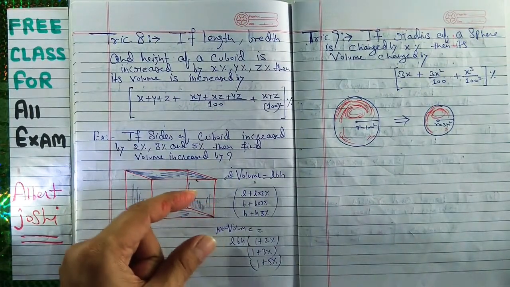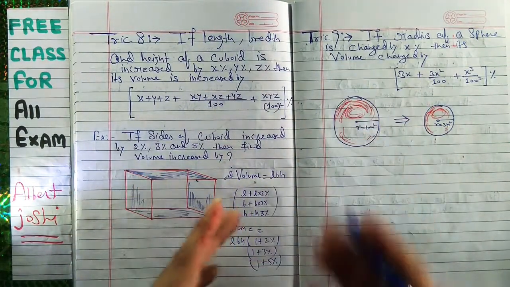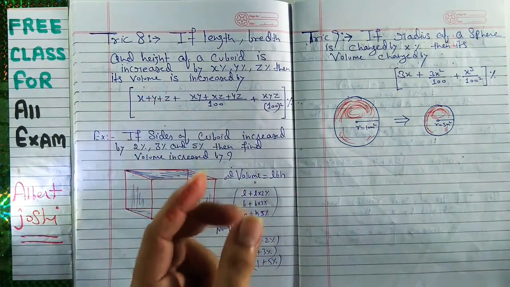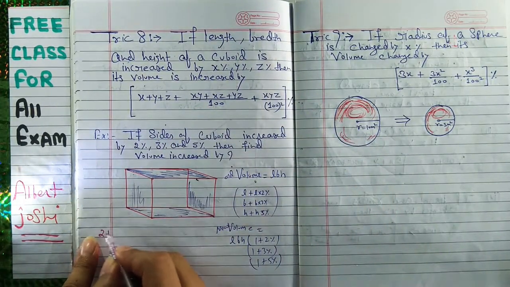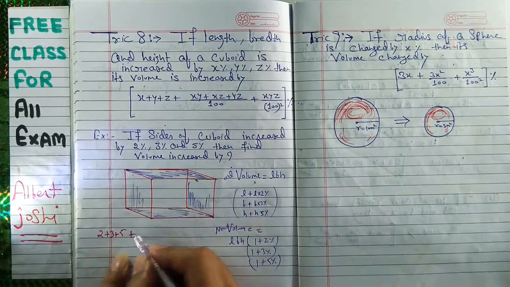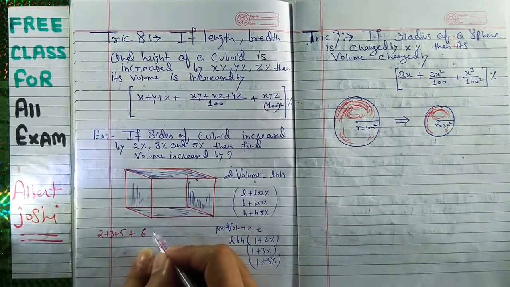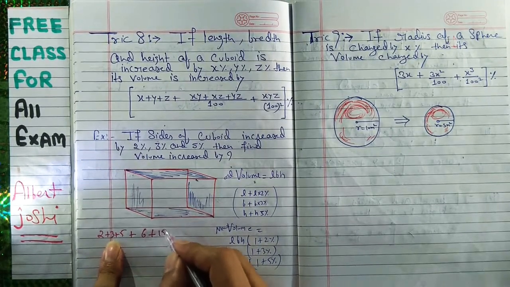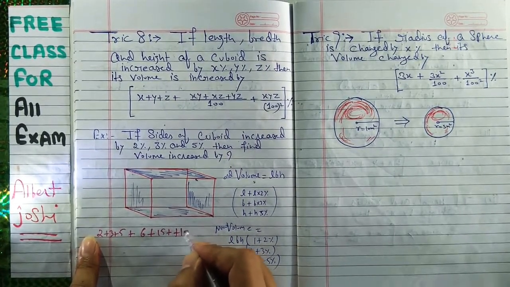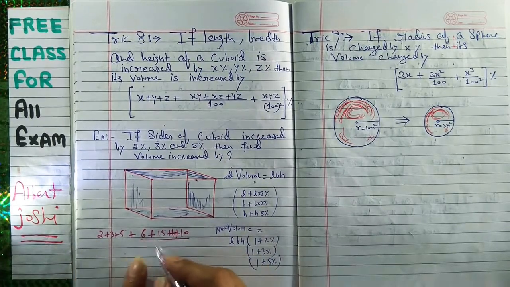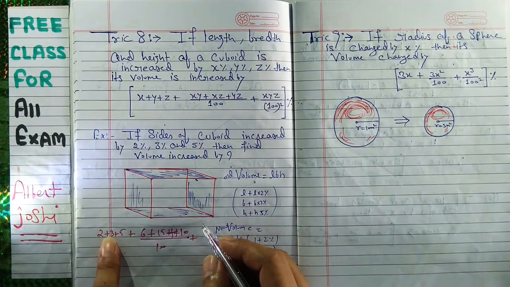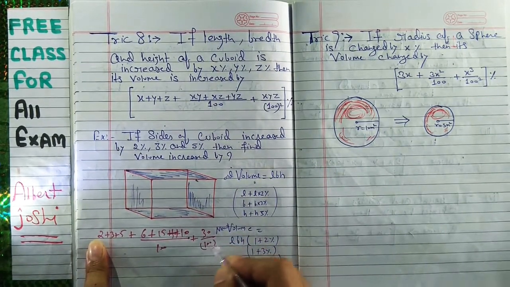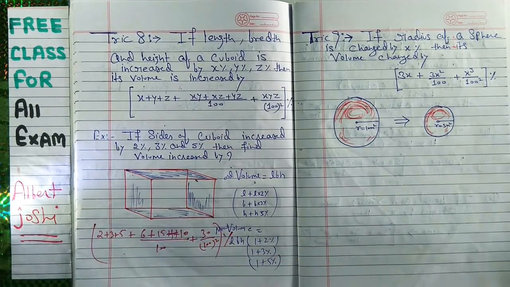Then you have to find the percentage increment, so it will take more time. But if you know this trick, then you can solve it within 5 seconds. You can see 2 plus 3 plus 5, then plus 3 twos are 6, plus 5 threes are 15, then plus 5 twos are 10. This is plus 10 upon 100, plus xyz. I am also showing 5 threes are 15, 15 twos are 30, so it is taking more time. This is your answer. If you know the trick, you can solve it within 5 seconds.